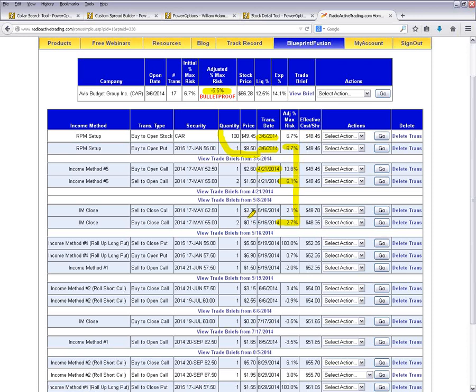We took in the spread for income method number 5. We took in a premium up front, but when it was closed after 2 months, we've reduced our risk by 4%. I generated 4% of income. But I didn't do anything in the first month. I didn't do anything in the first week. I waited till it was the right time, applied an adjustment, and it worked out as I wanted to, very well matched